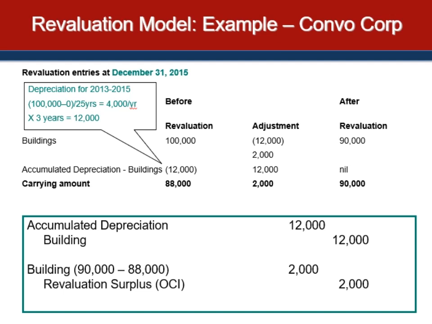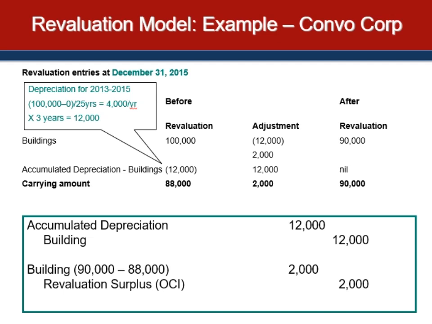Hold it. I might lie to you. Back up here. Accumulated depreciation is debited, and usually it would be credit. So yes, we get rid of it, and we get rid of the $12,000 from the original cost. So we restate the asset to $88,000, and so we are basically reestablishing the carrying value at the net amount, and